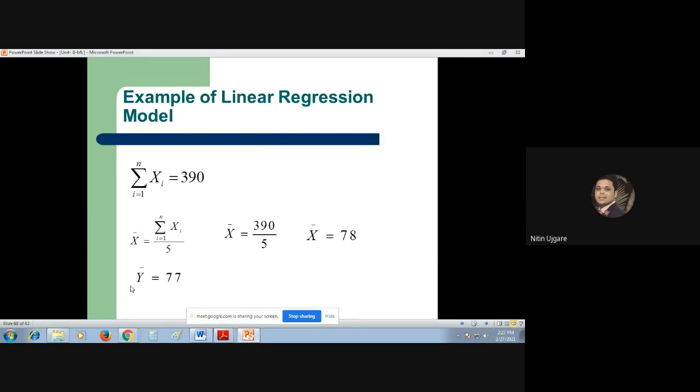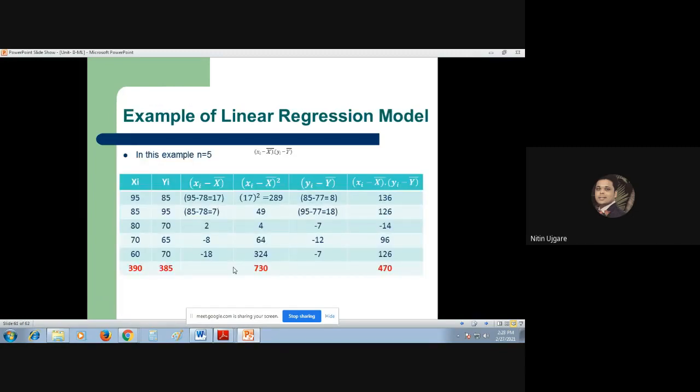In the same way, we will also calculate y bar, the centroid of the y coordinate axis. Summation of yi, i equals 1 to n, divided by 5. When you compute this, what you get is 77. So we got the centroids of our data set, x bar and y bar. These are the two centroids of our data samples. Now based on this, we are going to prepare a table. So these are the xi and yi values given to us for the 5 different students.